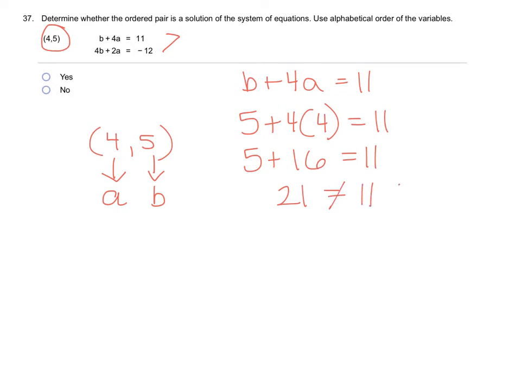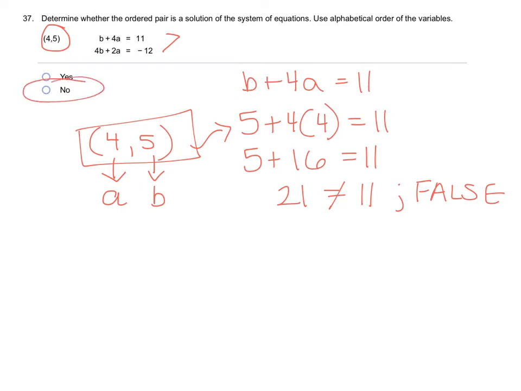So this is a false statement. And that tells me that this ordered pair is not a solution to this equation. Since it's not a solution to this equation, it can't be a solution to the system. So it's automatically no